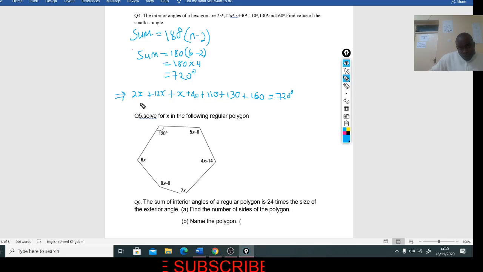Now if you add, 2x plus 12x is 14x plus x is